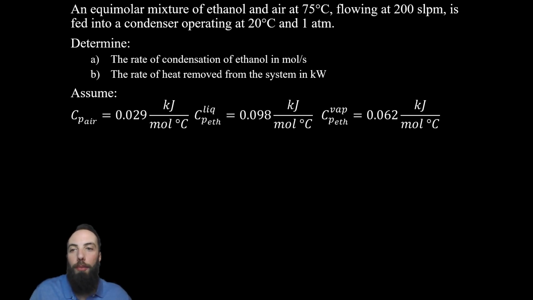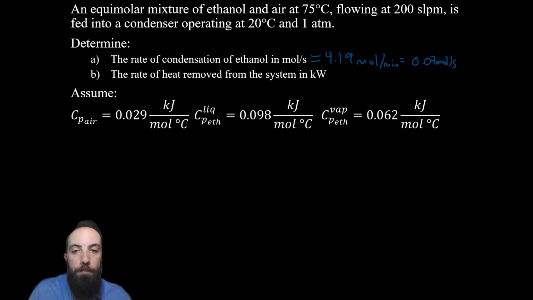So as a refresher, the problem that we're working on is an equimolar mixture of ethanol and air at 75 degrees Celsius flowing at 200 standard liters per minute is fed into a condenser operating at 20 degrees Celsius in 1 atmosphere. So in video 1 or part A, we determined the rate of condensation of ethanol in moles per second. And if you haven't already watched video 1, there should be a link popping up here and a link in the description. So what we found in video 1 is that the rate of condensation of ethanol is 0.07